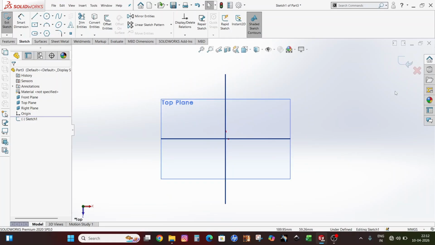This is the sketch interface, and under sketch tab you will find the first icon is exit sketch. This will be used after completing your whole sketch. And second ribbon is smart dimension ribbon, where dimensioning related work will be done. I will show you step by step how to proceed from left hand side to the right hand side. So without wasting much time,